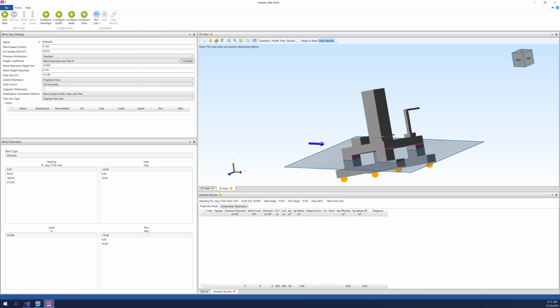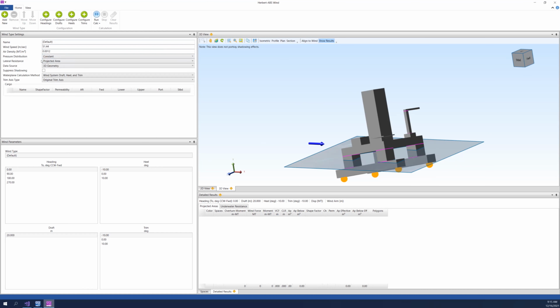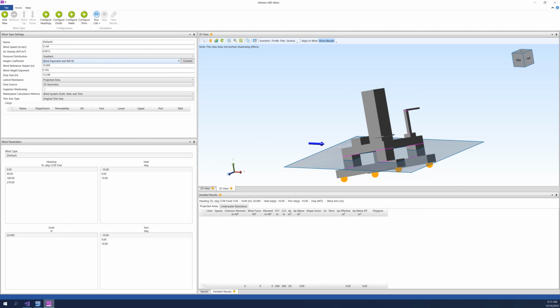Here we can give our wind type a name, define the speed that we're looking at, as well as the air density. For pressure distribution, which talks about how the pressure is distributed across the model vertically, we have two methods. One, the constant pressure distribution, the other being the gradient. You see if I select the constant pressure distribution, a lot of our initial calculation settings disappear since it's a much simpler calculation. Switching back to the gradient, we'll see